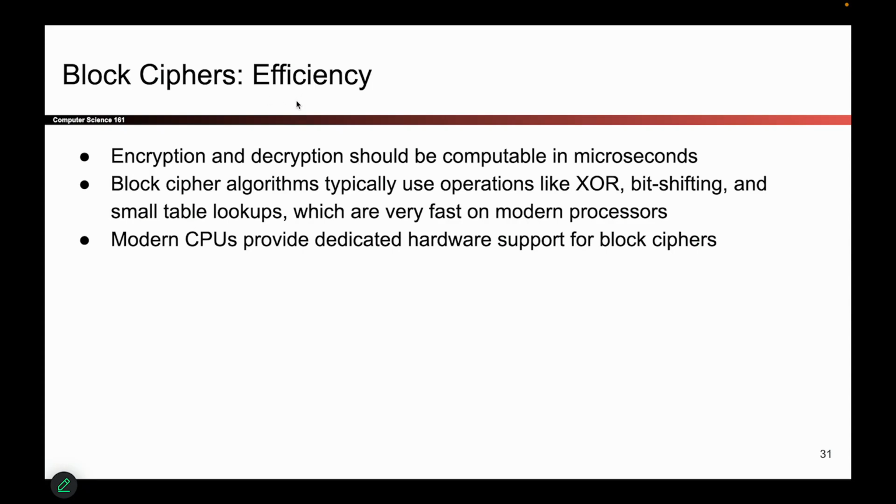But what I can tell you is that the code does operations that are very fast on modern computers. It does operations that modern computers like to do. Your computer loves doing things like XOR and shifting bits and looking up values in a table. These are operations that modern computers are really good at doing. So as a result, block ciphers generally run really fast. They don't do any really complicated math where you have to exponentiate something or divide anything. None of that stuff. You just take bits and you shuffle them around, and that creates the arrows